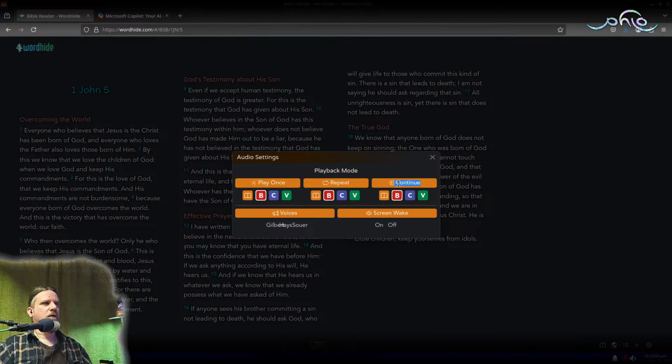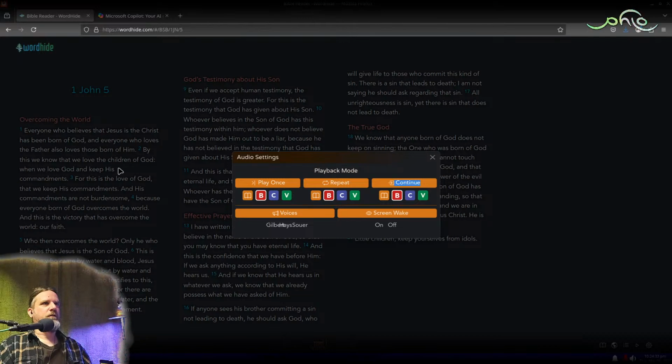So I'm going to take that out, but I am also going to add something I've been wanting to add for a while. It's not a high priority, but I just figure I'll add the interface buttons for it, and then I'll add the logic later because it's going to be pretty complicated. But I've been wanting to have like a meditation mode where it will essentially repeat each thing, each verse a set number of times with a pause between.